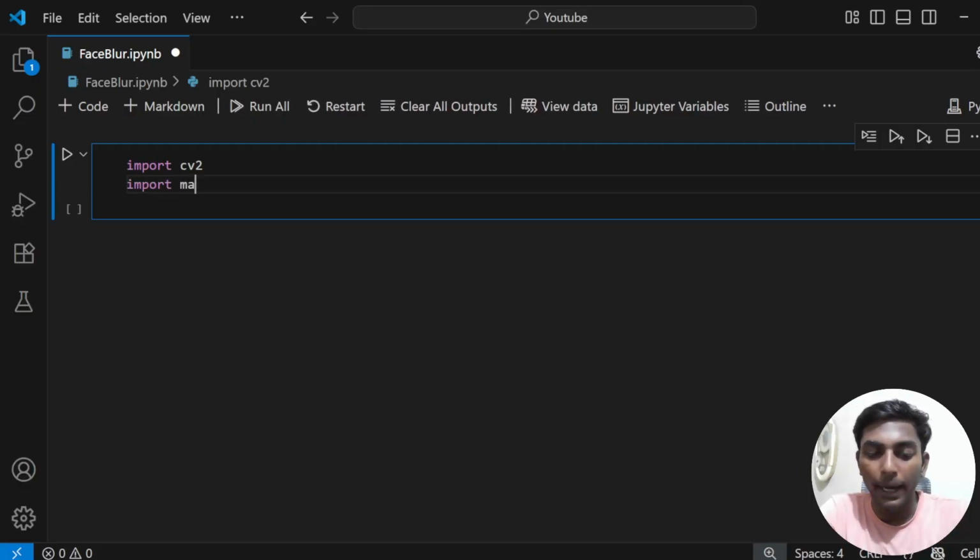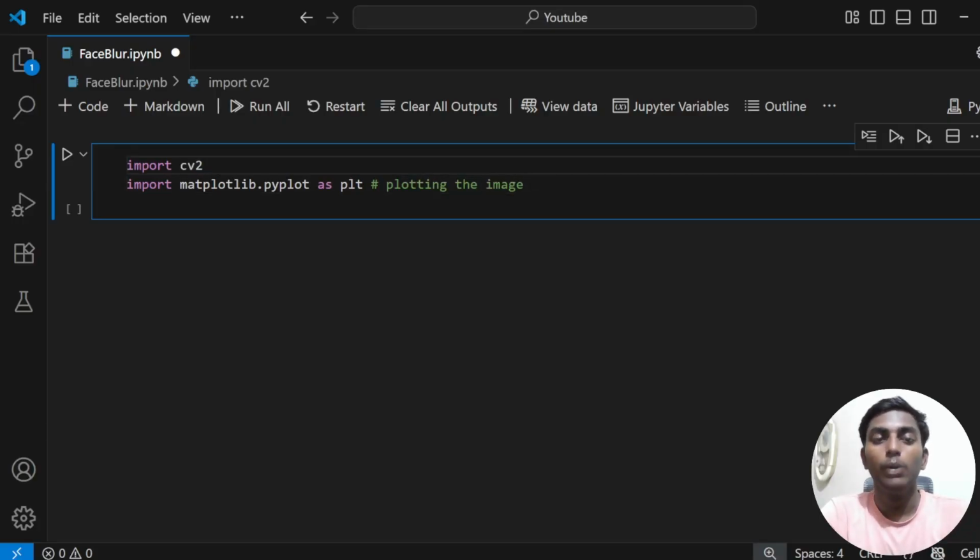import matplotlib.pyplot as plt. Why is this? Because it is used for plotting the image. That is its main purpose. And the second one, what it will do, it will identify the image